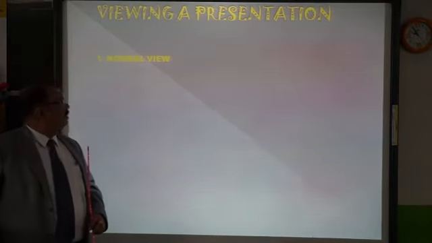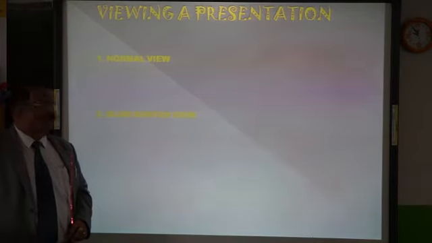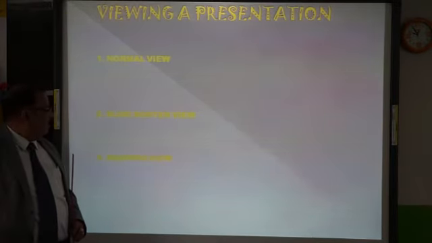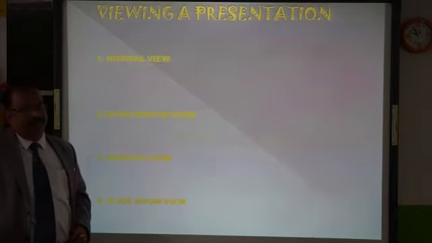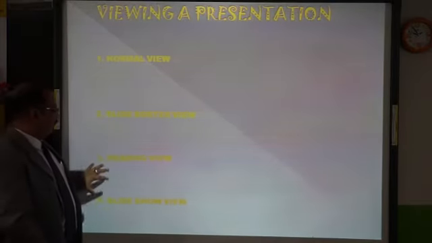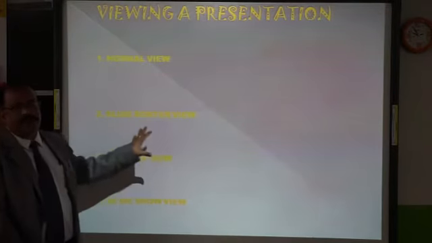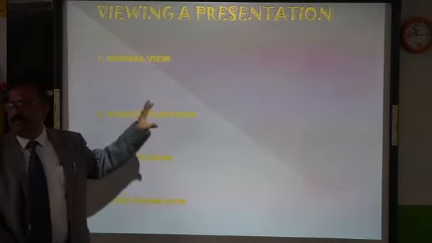First one is normal view. Second is slide sorter view. Third is reading view. And fourth is slideshow view. Okay. So four views are there: normal view, slide sorter view, reading view, and slideshow view. One by one, I will be telling you about all this. So let us start with the